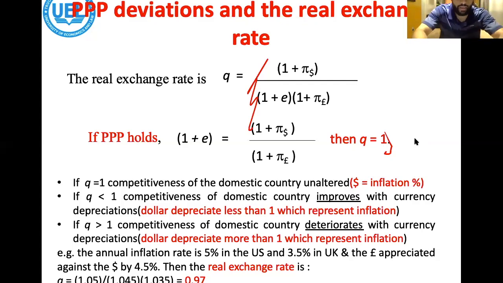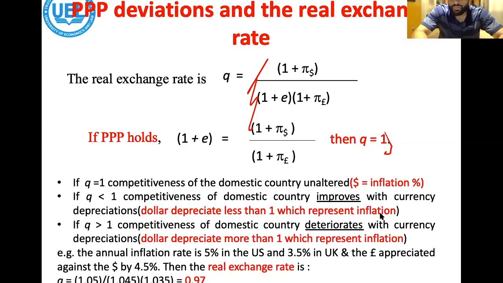Or more than 1. So let's explain if more than 1, no, less than 1. So if Q is, let's say, 0.97 or 0.9, less than 0.99, or 97, 98, 96 something. So if the Q value is less than 1, it means competitiveness of the domestic currency improves with the currency depreciation. So if Q is less than 1, it means the dollar depreciates less than 1, which represents